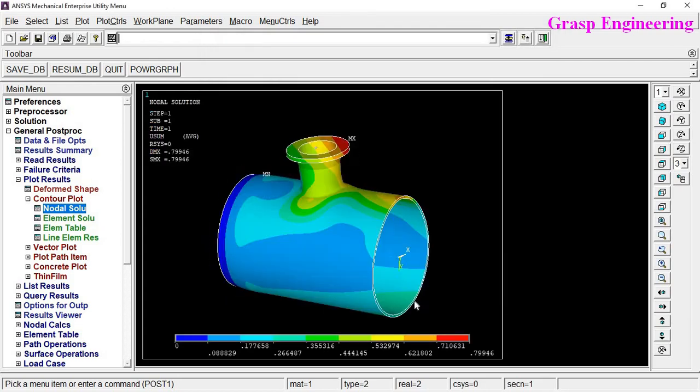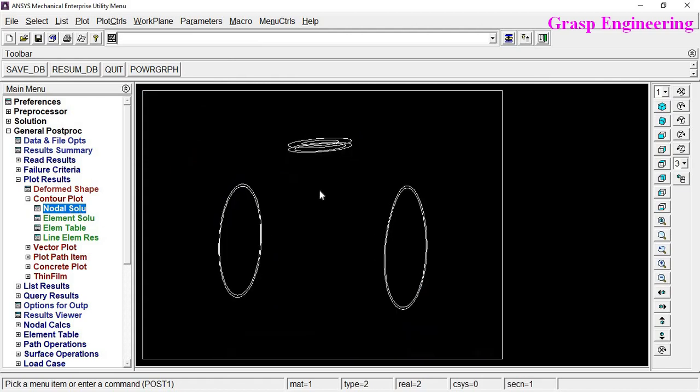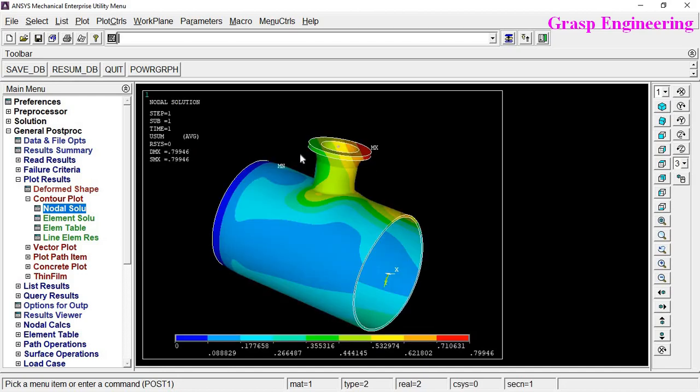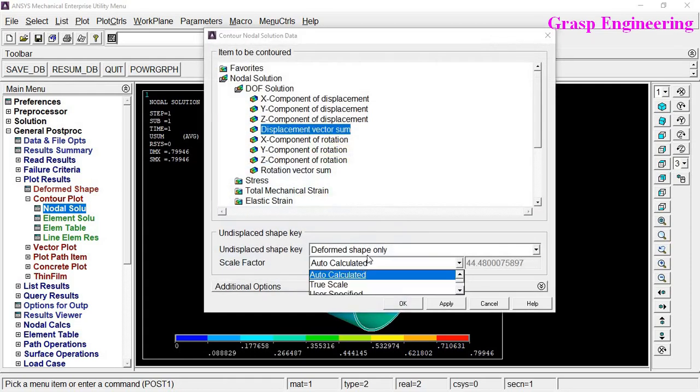Now let's see here, the total deformation is like 0.79, or you can say 0.8 mm. So from here, as we know that we had applied forces over here, that's why it is deflecting on that side. Now if you want to check deformed with undeformed shape,